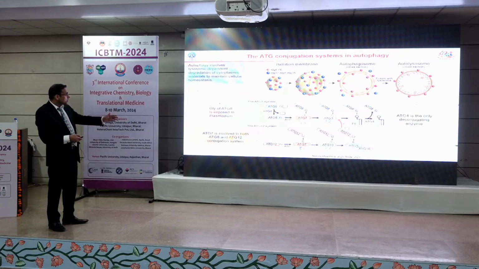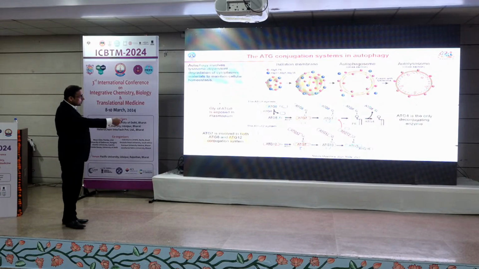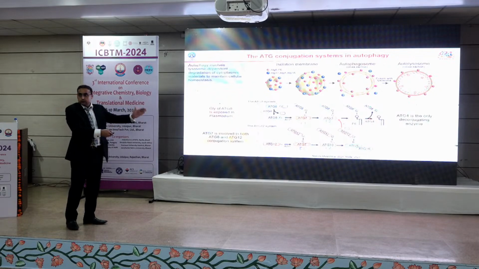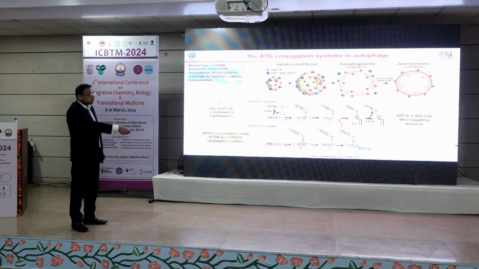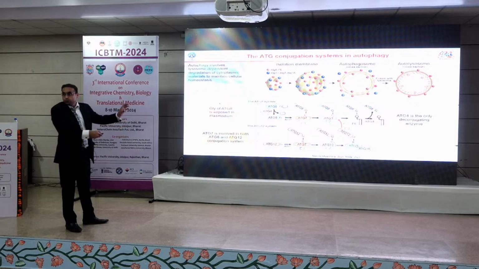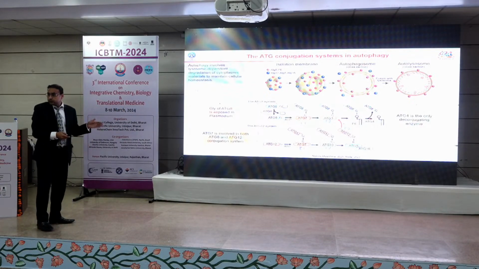So this whole pathway requires the function of ATG4 during the initial processing of ATG8, and when this ATG8 is conjugated on the membrane, then again it is deconjugated. And ATG7 is also involved in the ATG8 and ATG12 conjugation systems, because it acts as an activating enzyme in both conjugation systems. So we targeted both ATG4 and ATG7,